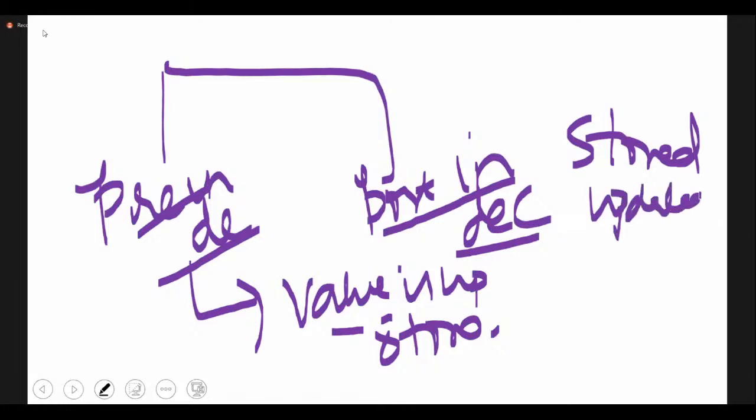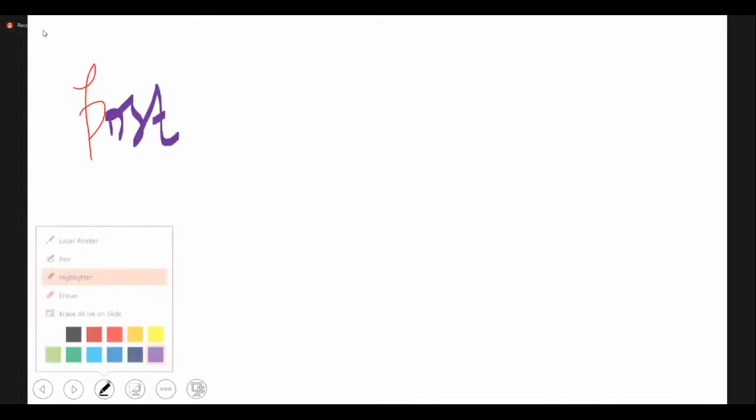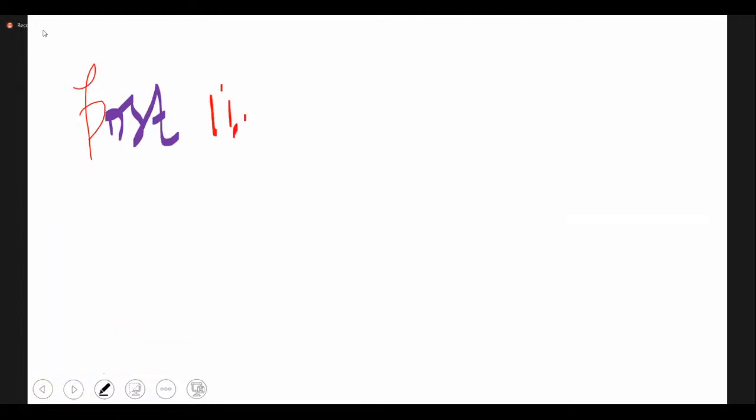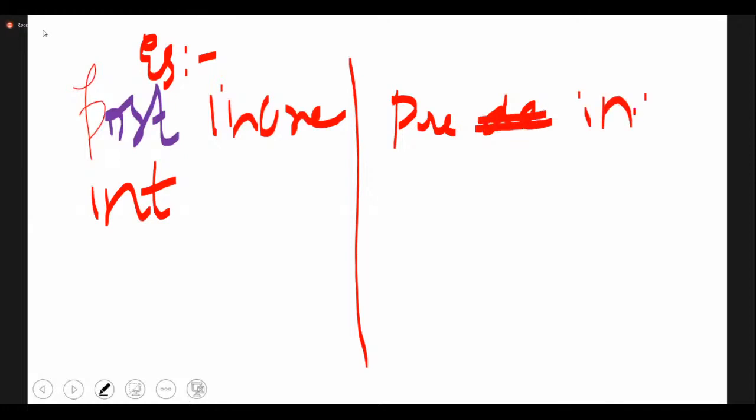So here you will take a small example and explain it clearly. If you write one example, that's more than enough, because you will not have enough time if you go on explaining many things. For example, for post increment, if you are writing an example, you can take the example for pre-decrement too, or you can do it in both increments, so that they will understand the clear difference.